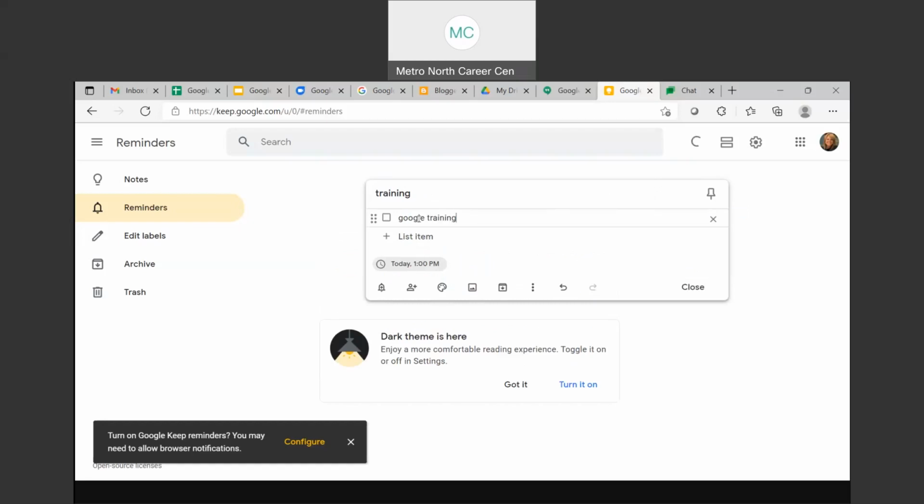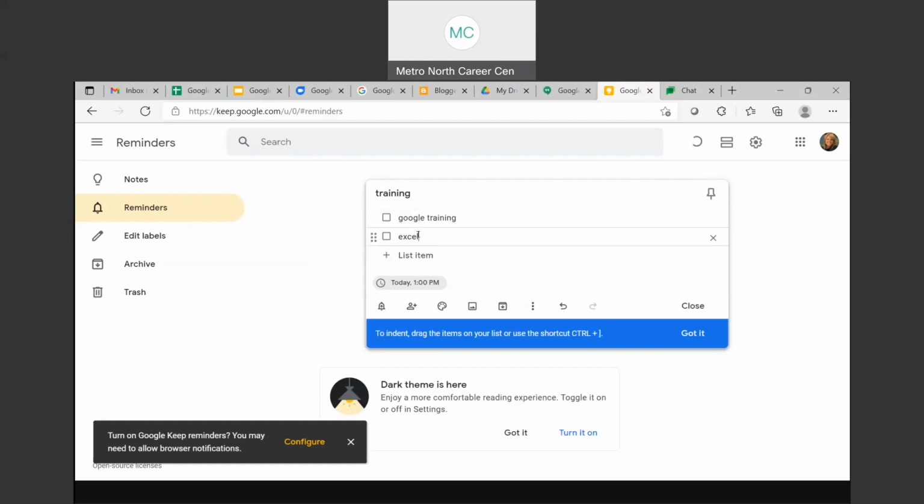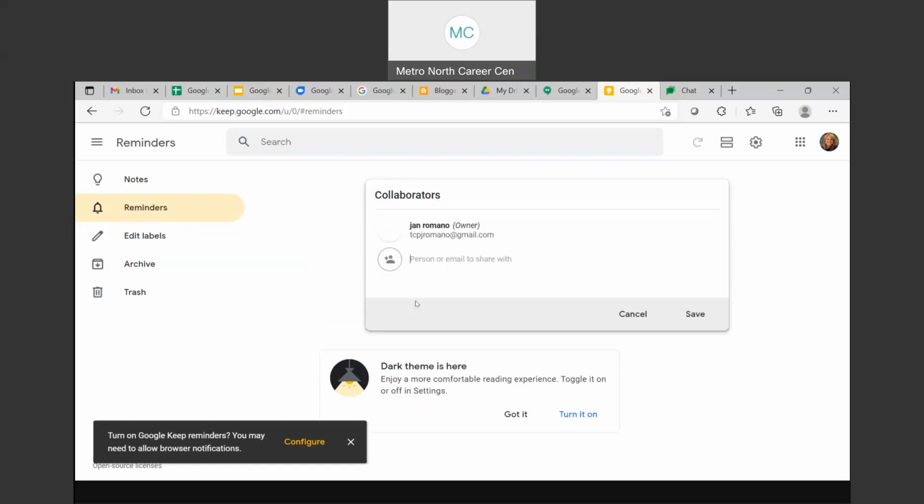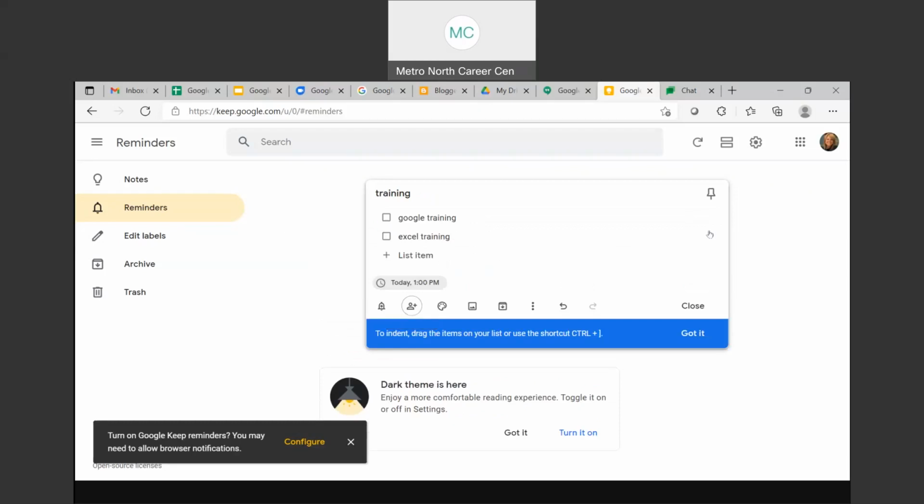And I can add many lists here. So I also want to talk about Excel training. And then I also want to collaborate with others about this note. So I'm going to click on collaborate and I can add in a person's email here and save it and share the note with them. All right, I'll cancel that. So it's a pretty simple